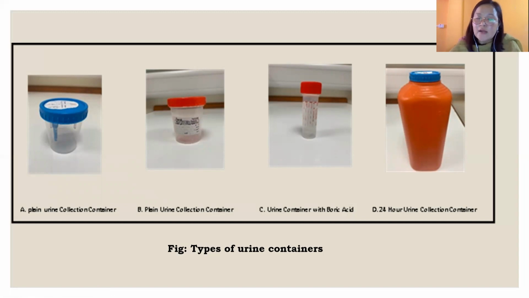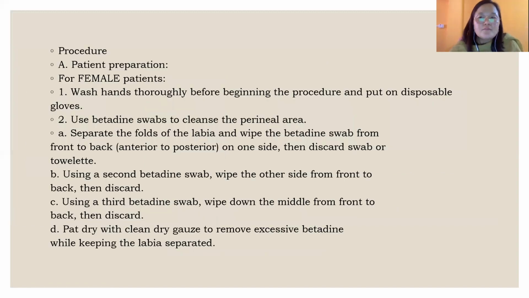So a big container, around 2 to 3 ml capacity, a gallon, we used to give to the patient. So how to proceed with the sample collection? Before proceeding to the sample collection, we have to instruct the patient. The instructions will be given for female patients separately and male patients separately.